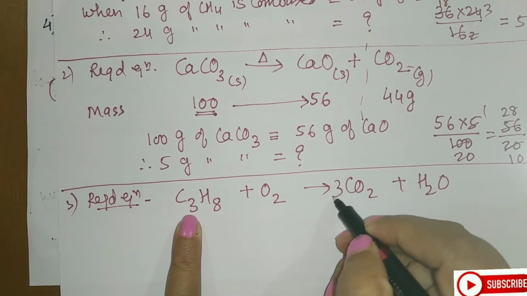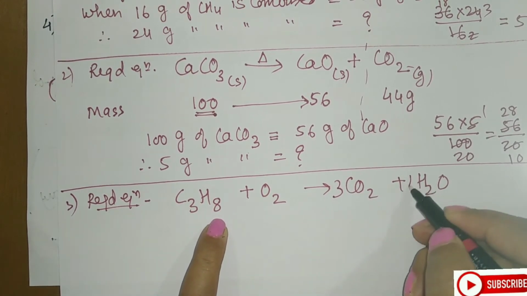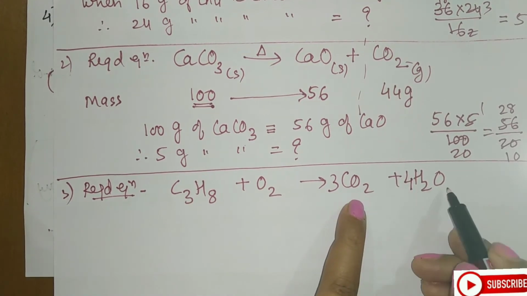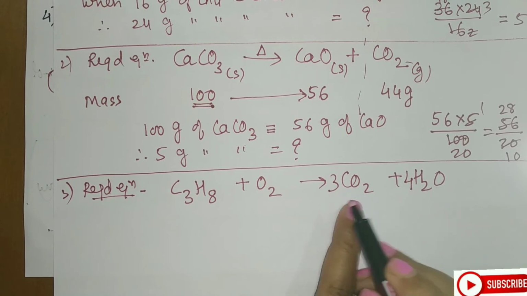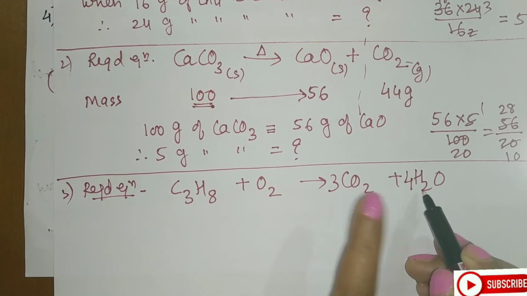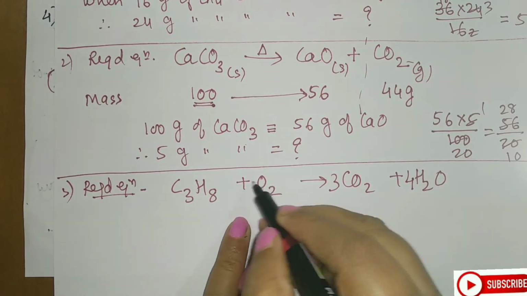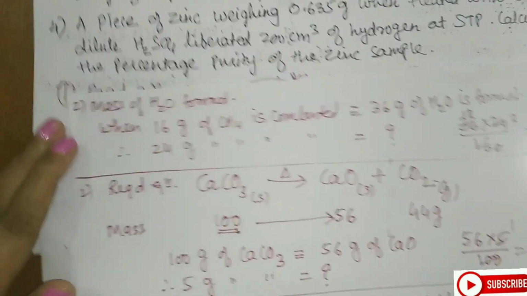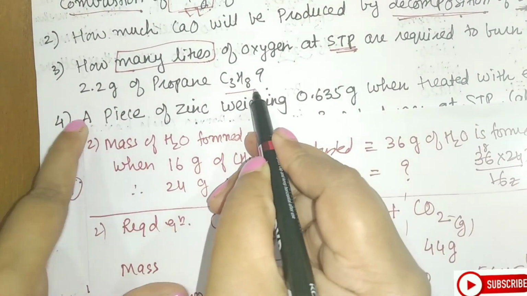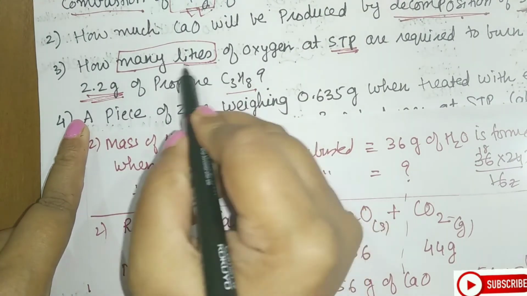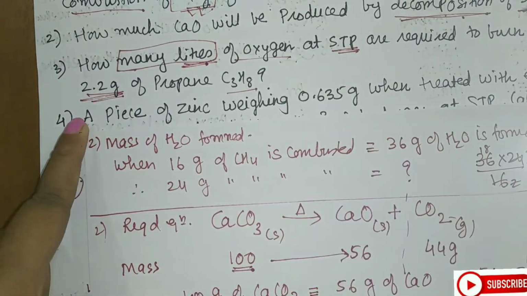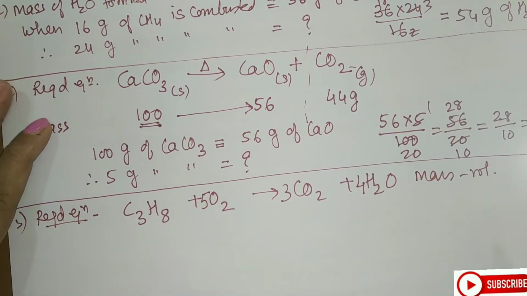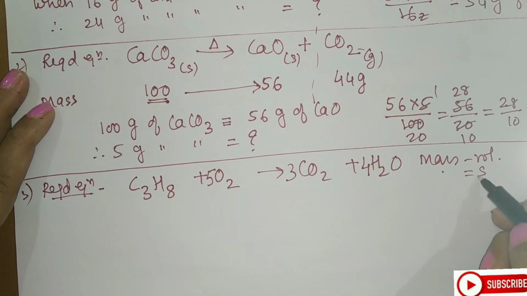Here it is 3. I will mark here 3. This is 8. I will mark here 4. Now I will move on to this side. 3 2 times is 6 plus 4 is how much, student? 3 2 times is 6 plus 4 is 10. Come to this side. So this will be 5. So this is how I have balanced this. But if I see the question, here they are giving the propane mass and they are asking about liter, means they are asking about oxygen volume.